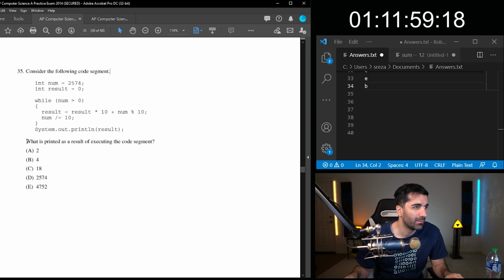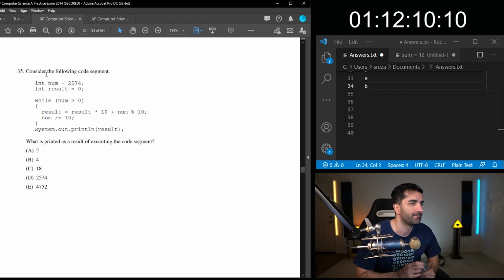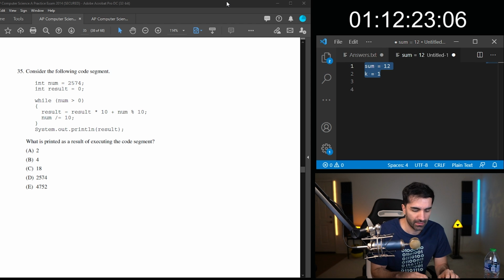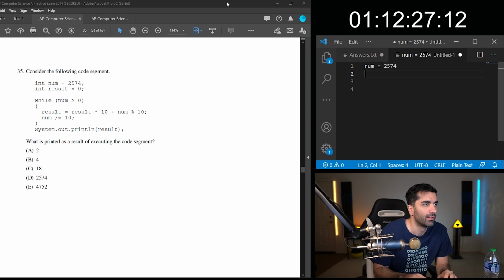Consider the following code segment, which is printed as a result of executing the code segment. So while num is greater than 0, result equals result times 10 plus num mod 10. Okay, let's run through this. Num equals 2574.